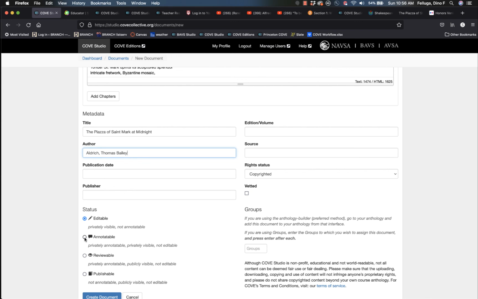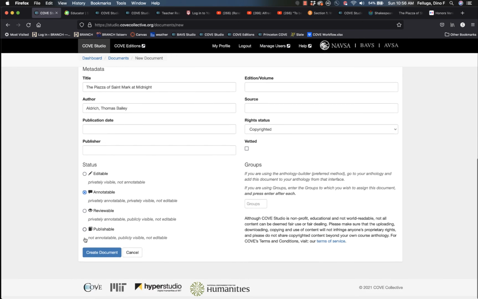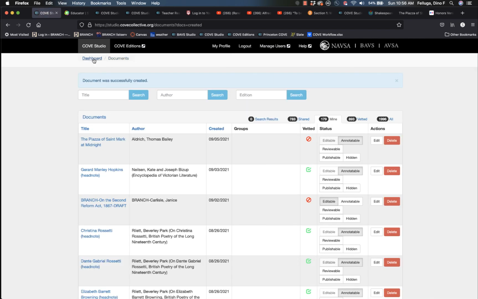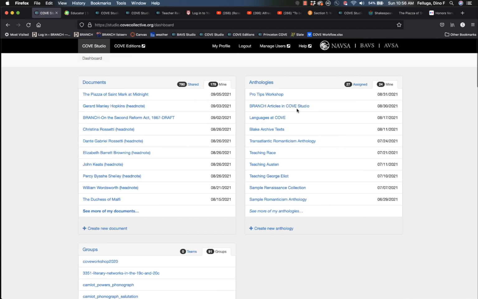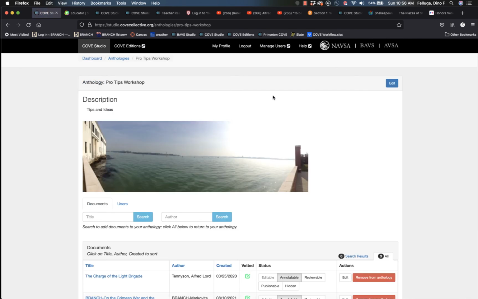I need to make the text annotatable, at which point students can actively annotate the text, and I create the document. If I go to one of my anthologies at Cove Studio, I can open it,